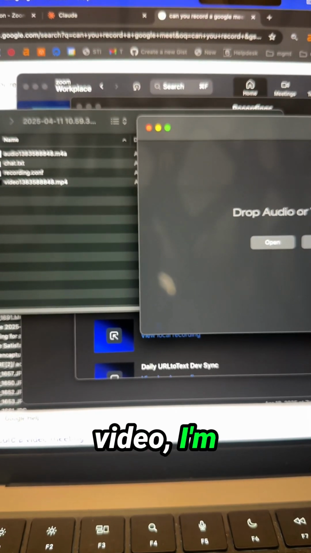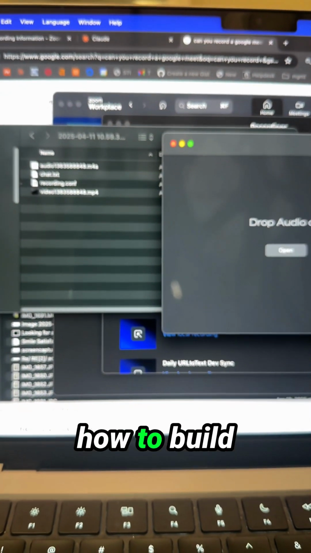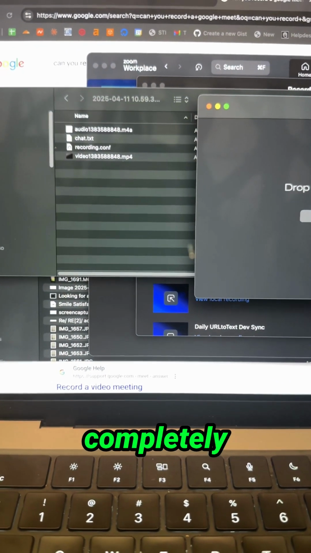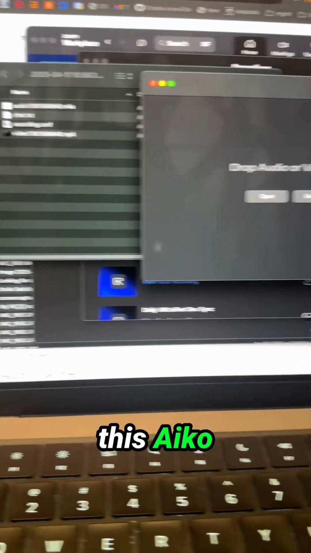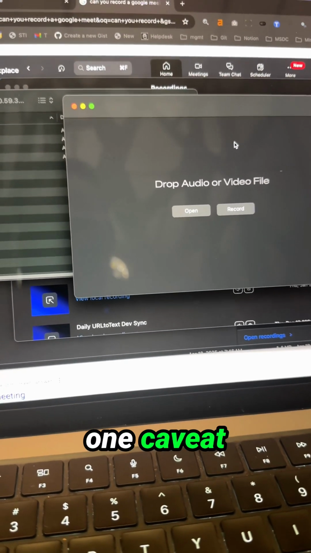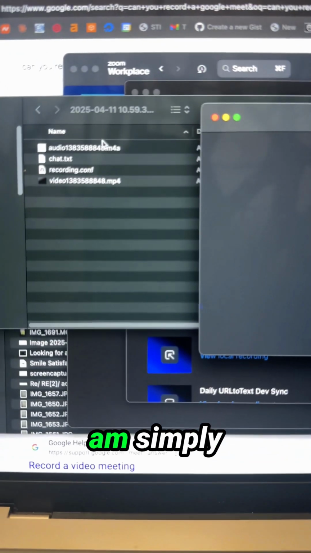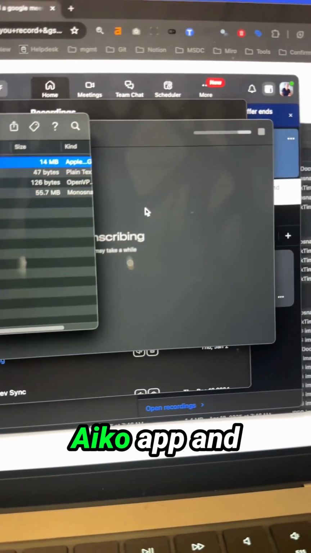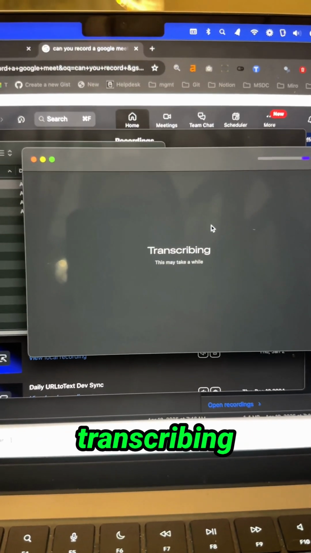In a later video, I'm actually going to show you how to build your own AI transcription application completely for free. But this Aiko app works all the time. The transcription is really good with one caveat that I will mention later. And now I am simply going to drag this audio file into the Aiko app and it will begin transcribing